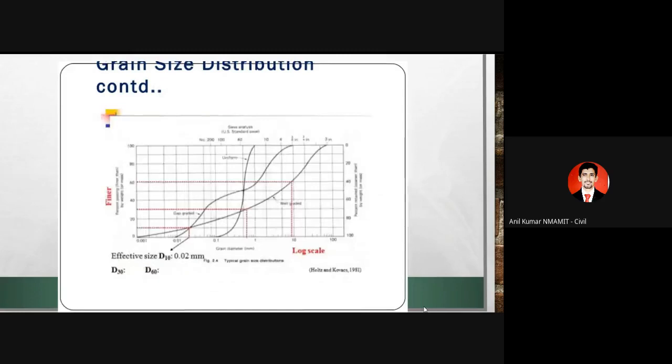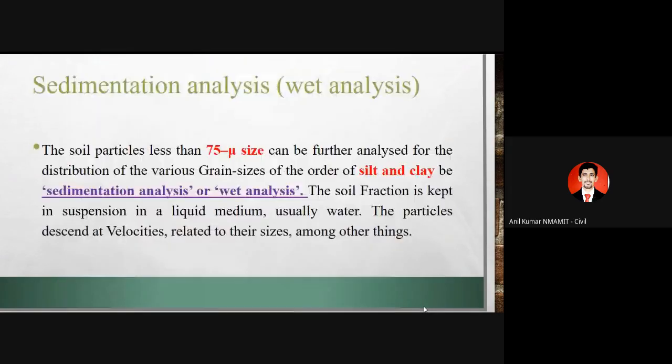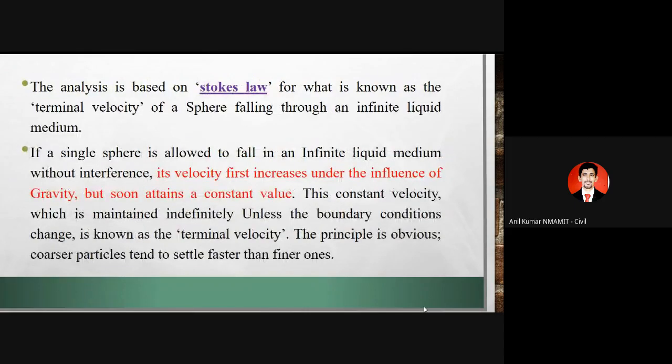So next, I'll just brief up the sedimentation analysis again. That was the sample you found between 4.75 mm to 75 micron. Particles which pass your 75 micron, that is what we call the sedimentation analysis. Based on that analysis, I will find out the amount of silt and the amount of clay. Briefly, I'll explain this because it will take more than 2 hours and I don't want to waste so much time. This sedimentation analysis is mainly based on Stokes' law.